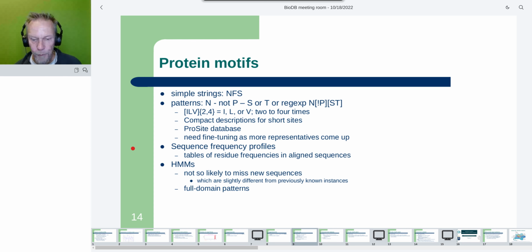We can also construct a hidden Markov model for any kind of sequence motif or a complete protein domain, and then the Viterbi algorithm can help us decide if a new sequence is a new member in the family, whether it is statistically significantly similar to this hidden Markov model so that it would match. But anyway, the take-home message is that there are many methods of doing this protein motif